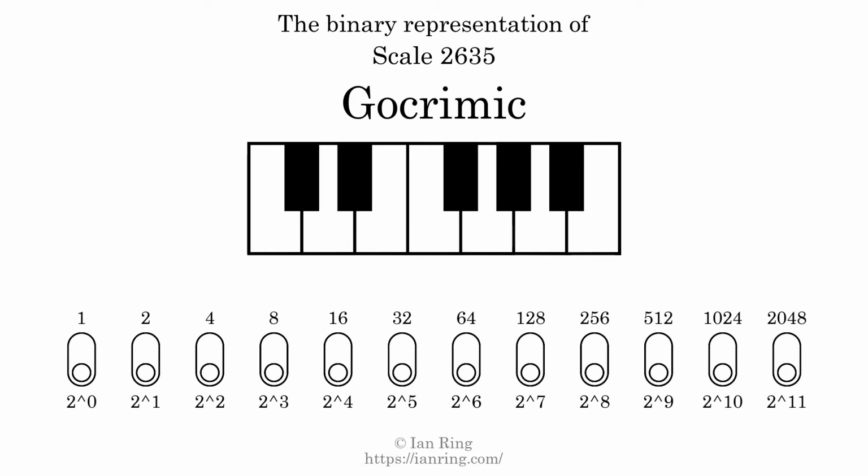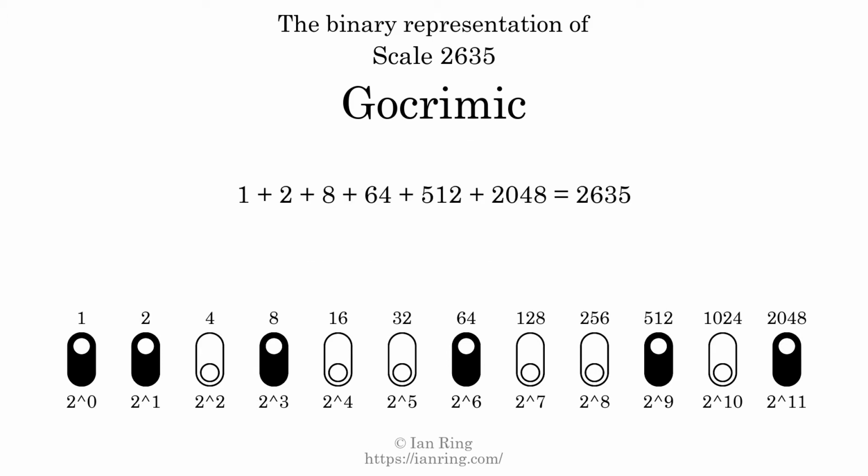The binary representation of this scale is determined by mapping tones of the scale to binary digits. Each binary digit represents a power of 2. To get the scale number, we add the powers of 2 together. The powers of 2 that are present in the scale, all added together, equals 2635. That is why the scale number, in decimal, is